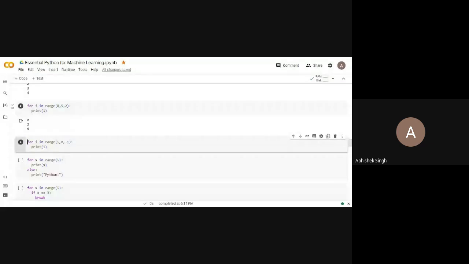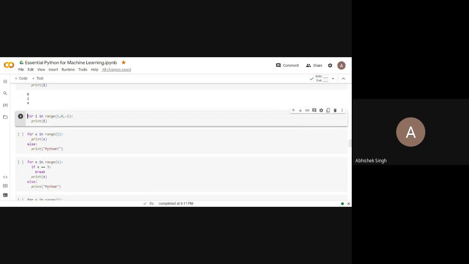You can also use decrement operator. Abhishek sir, can you share your screen again? It got unshared. Okay, just a minute. Is it visible? Yes, it is. Okay, I hope not much has been lost.